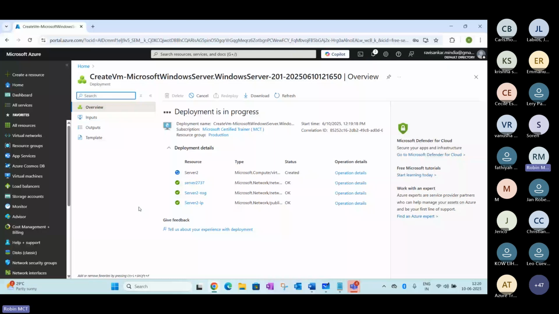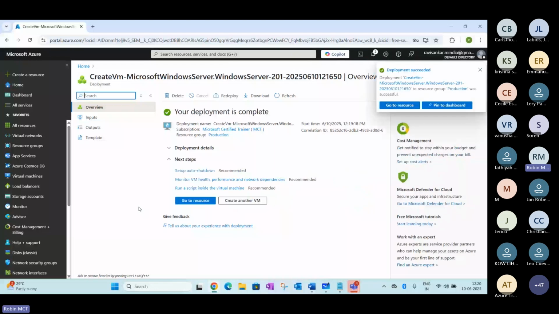It's progressing here. We need to wait for this to complete. Right now, the deployment of the second VM is in progress here. Let's wait for this to complete.